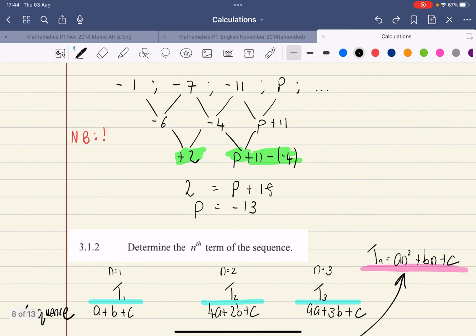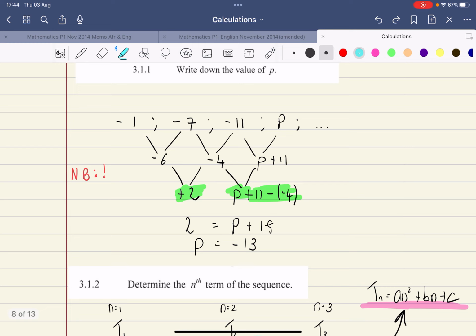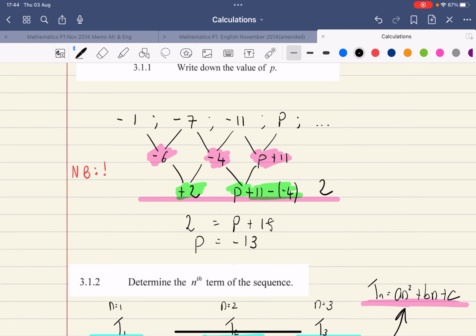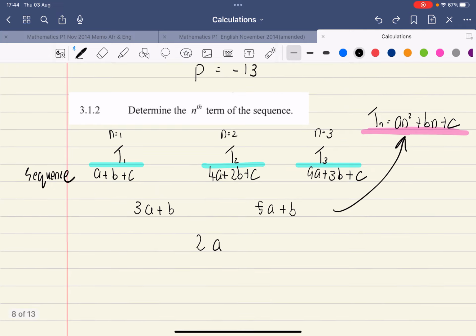Because if you look at the top, we have already found what these values are equal to. And we've even found what this second iteration's difference will be. Namely, it will be 2. So we can set these equations